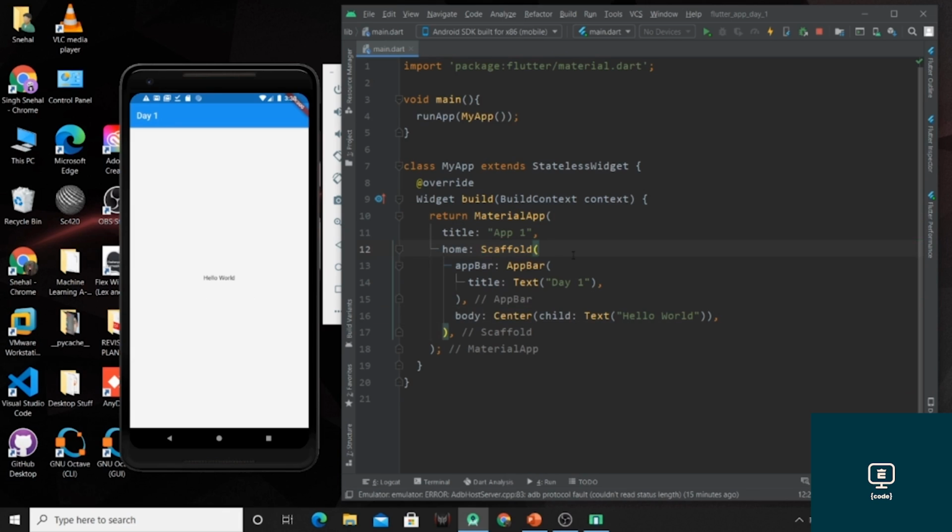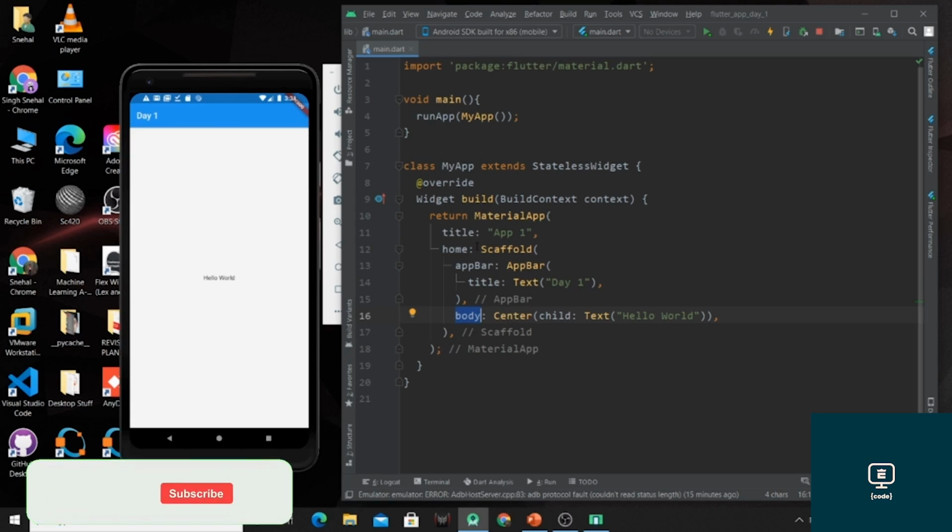Now you are having various properties of scaffold and material app, which are also mentioned in the documentation of Flutter. So from there you can get the documentation of the properties available for Flutter. In this I have used the app bar property and body property.